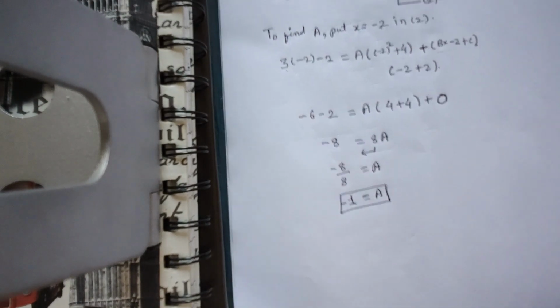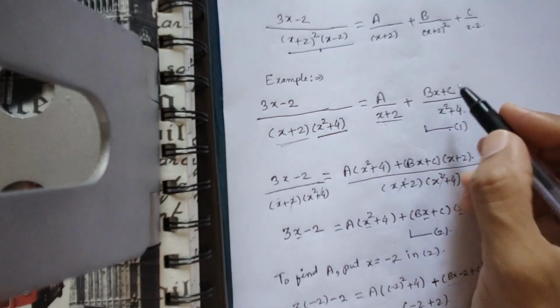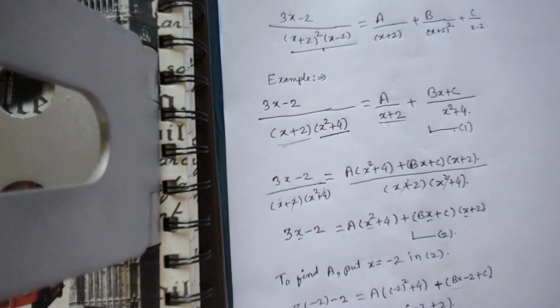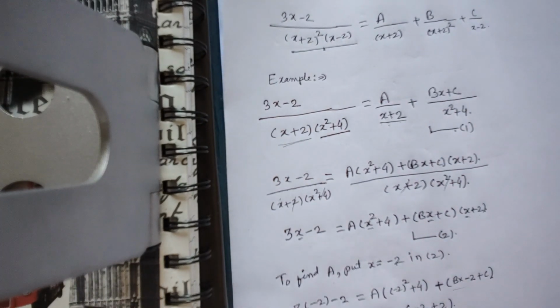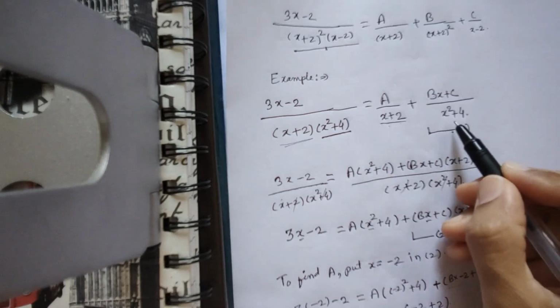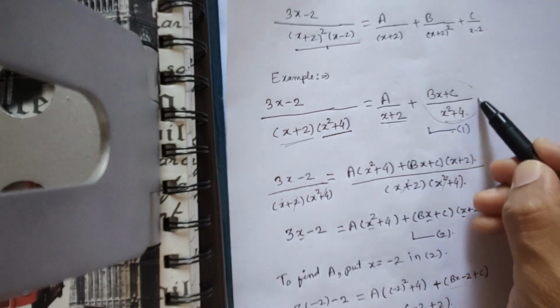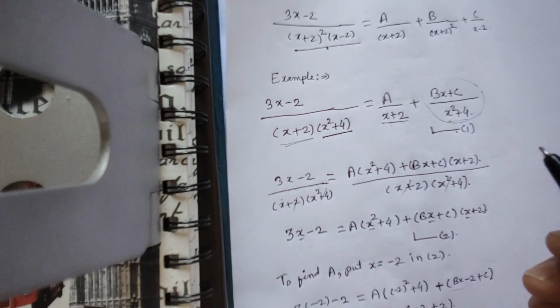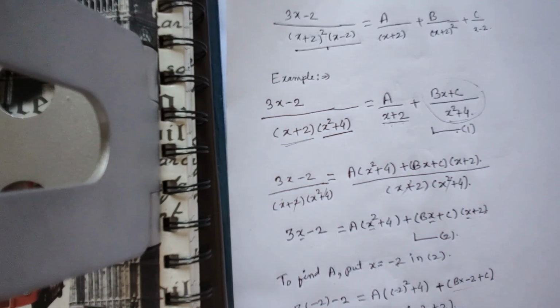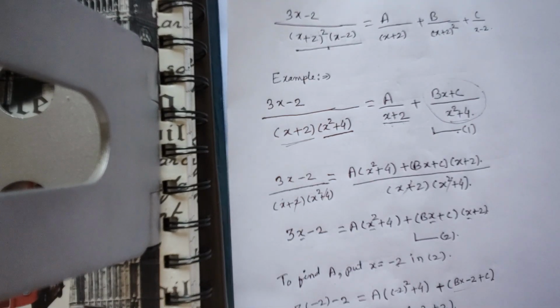Now to find the second constant, I will find b and c here. So this trick will not work now. Just going to the denominator and equating with 0, for this third case, will not work. So what you need to do is put any value of x, form two equations and then solve it. But instead of taking any value, I will play smartly.